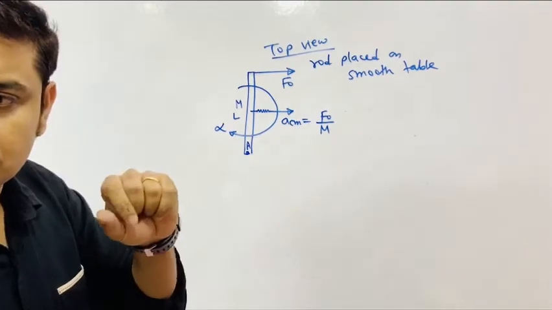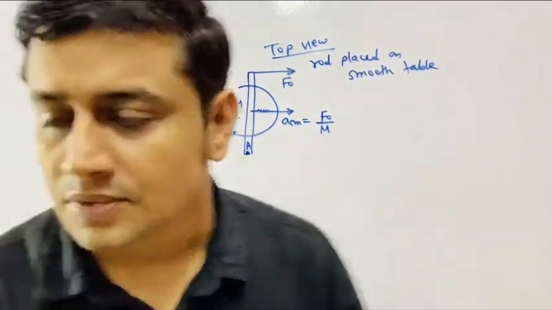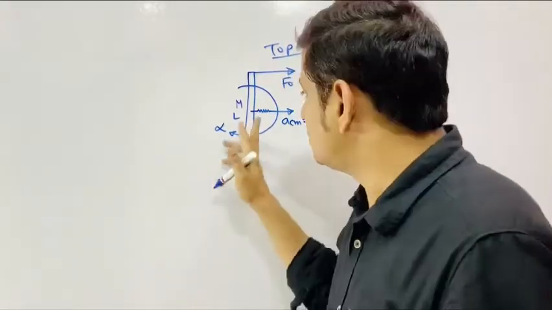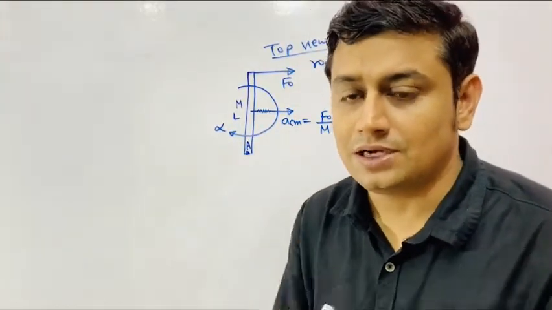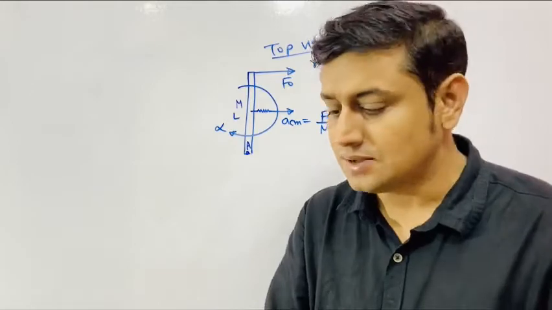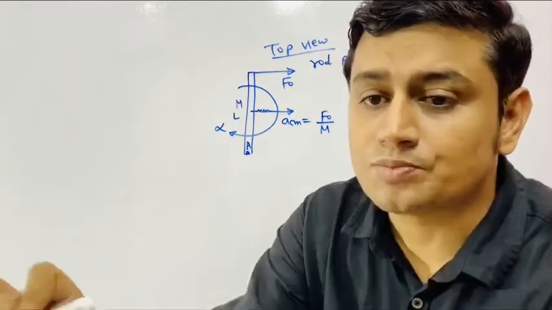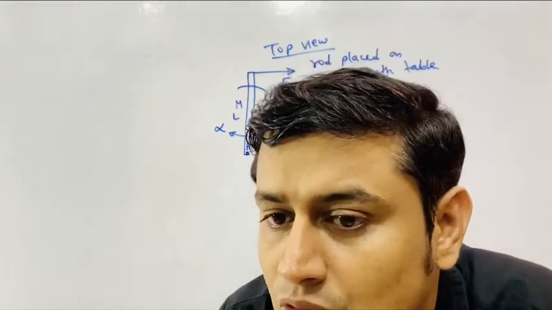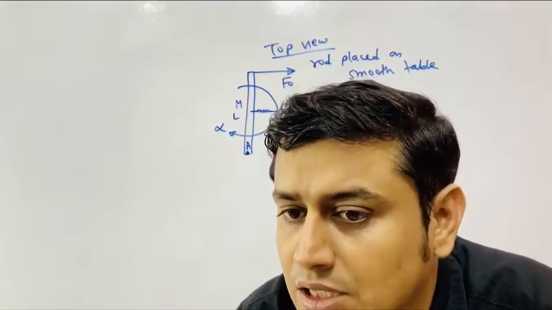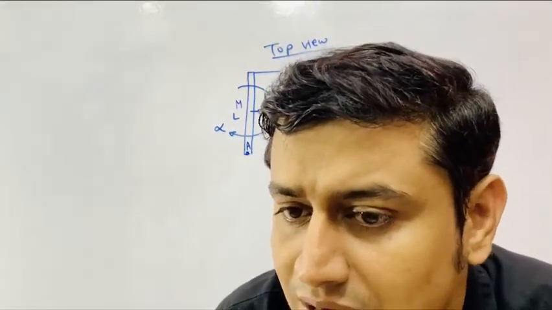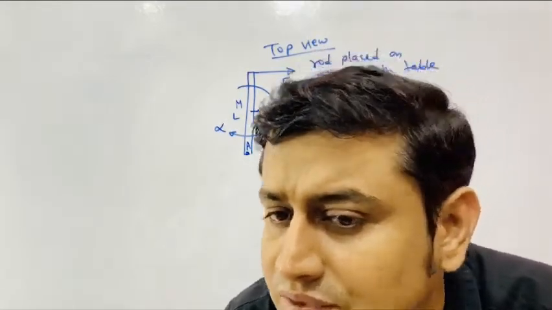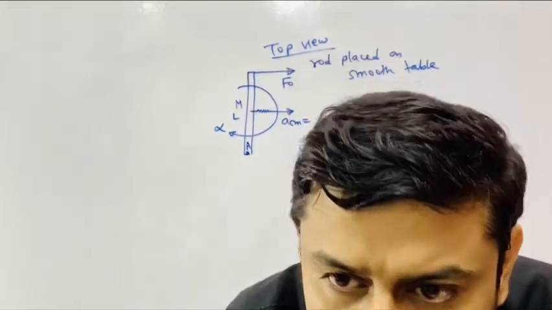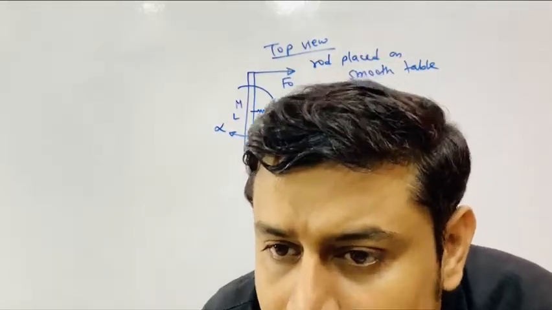So from here, I can find torque about point A also or torque about the center of mass also. But whenever a free axis is there, free axis means there is no hinge, I always prefer the center of mass axis. Why? Because I want to avoid a difficult calculation. In rotation, everywhere you have the choice of a difficult method and an easy method. And you have to understand what is the easy method and why it is easy.